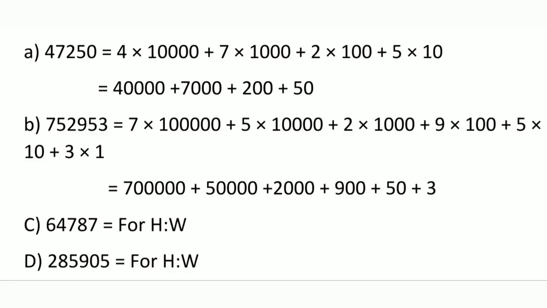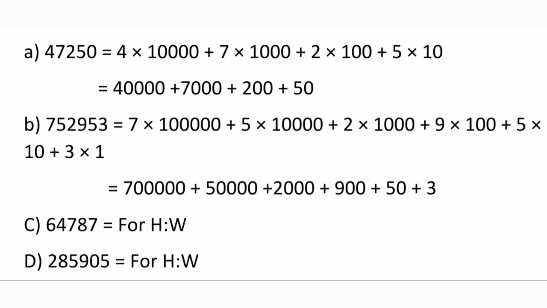So we will write it as 5 into 10 plus 0. We cannot indicate the 0 here because 0 doesn't have any value. So we write the combination of expanded form as 40,000 plus 7,000 plus 200 plus 50, which is your answer. Second part is